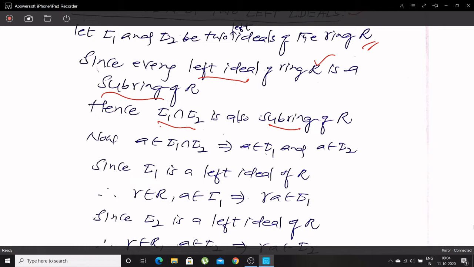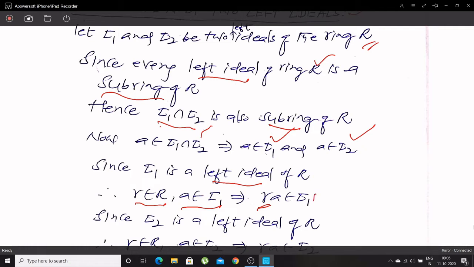Now, if a is a member of I1 intersection I2, that means what? a belongs to I1 and a belongs to I2. Since I1 is a left ideal of ring R, we need to check the condition of left ideal. r belongs to R, a belongs to I1, definitely their product ra, with r on the left-hand side,